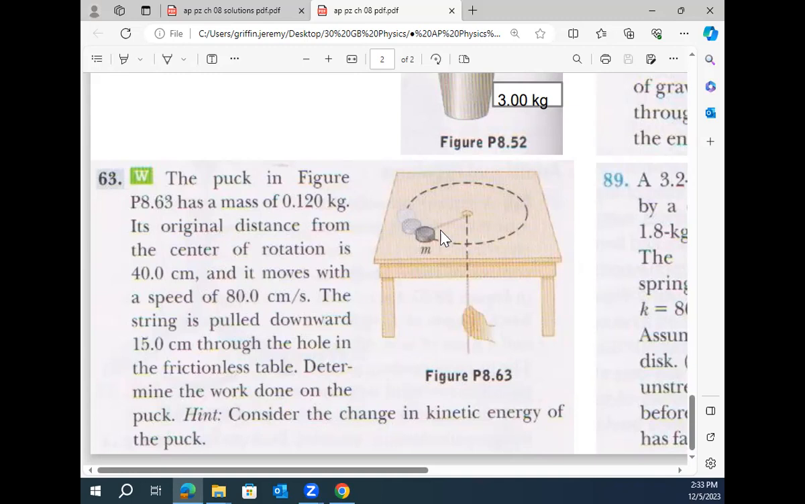You guys remember the ice skater, pulling their arms in would speed up spinning, because angular momentum was conserved. A similar thing here. When you pull the puck in, it actually speeds up. So let's check out